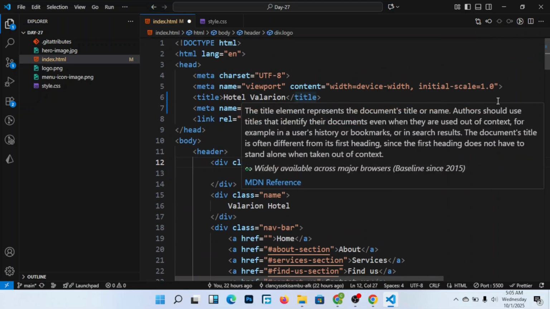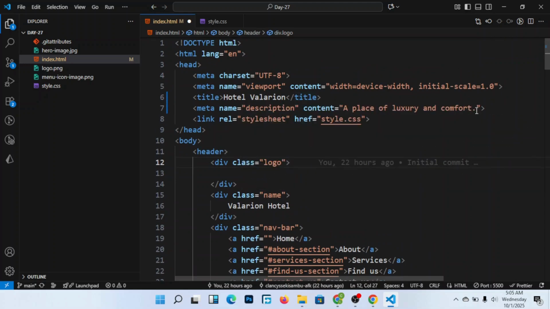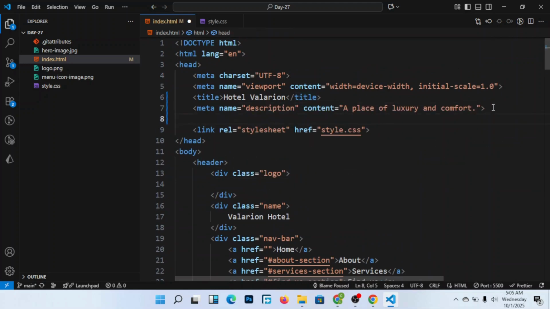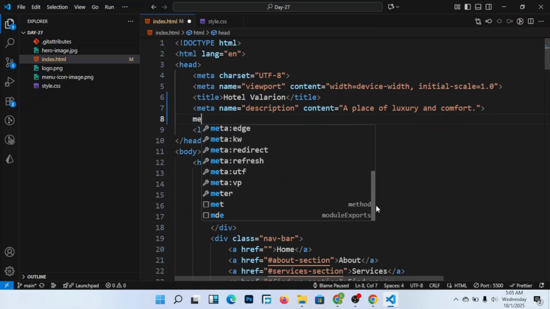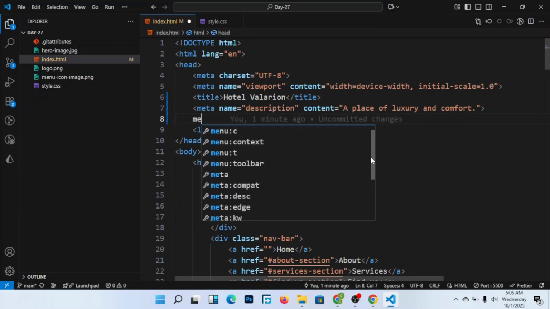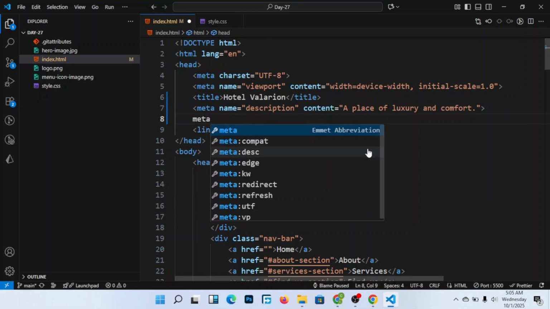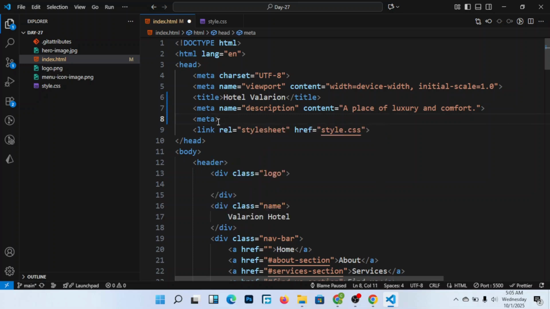After doing something like this, I can even add keywords. I'm looking now for the keywords. Meta name, keywords.